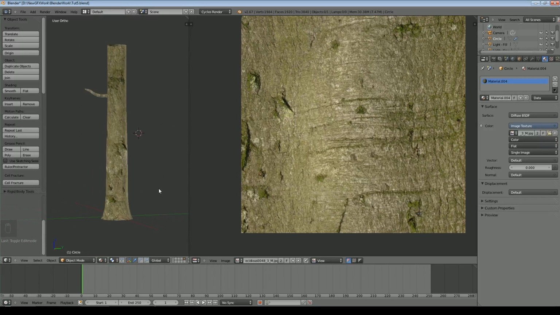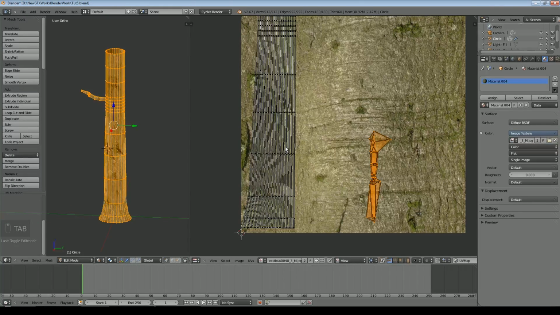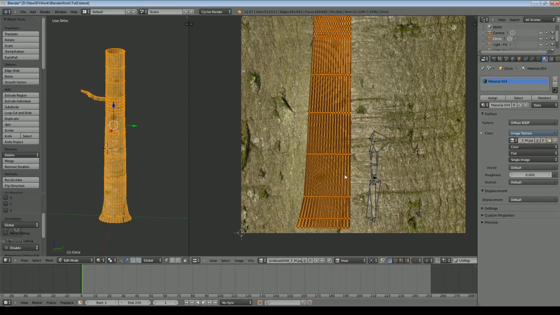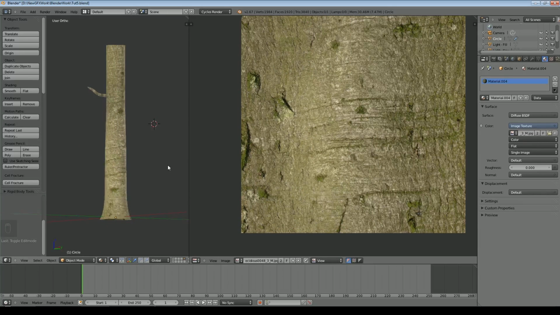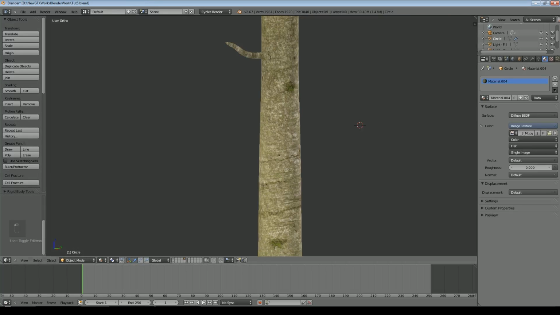Obviously you can see this is tiled, and you might move that around. For example, you might move that around somewhere where it's less obvious. You can see that's a bit better there now. So that's our first tree, and it's UV unwrapped. We would do a little bit more with the texture, and I think we will do that now.